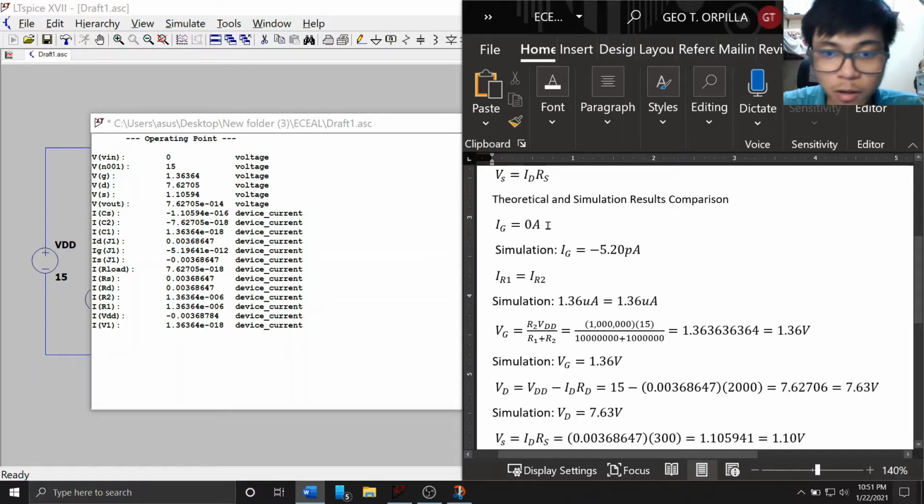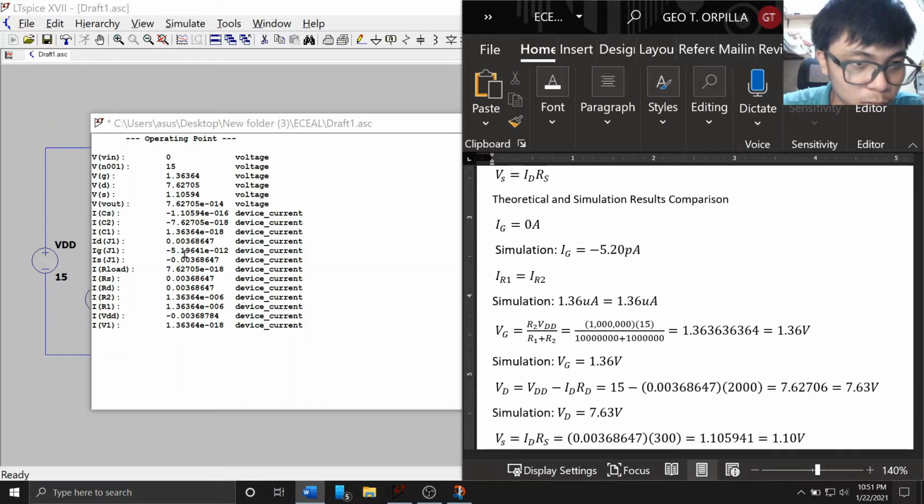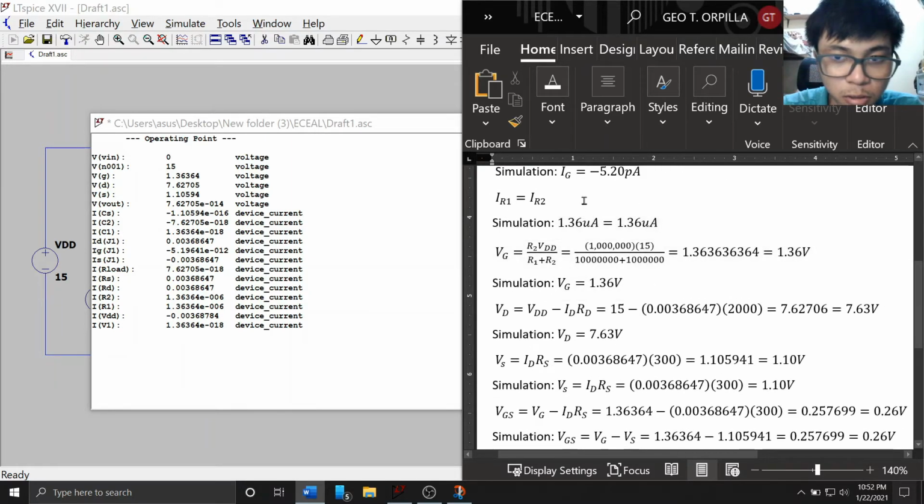So we have here the current across the gate is 0 amps. If we look at the simulation, the current is equal to negative 5.20 picoamperes, which is approximately near zero. So let's look at the current across resistors R1 and R2. We can see here that the current across R1 and R2 are equal, which is equal to 1.36